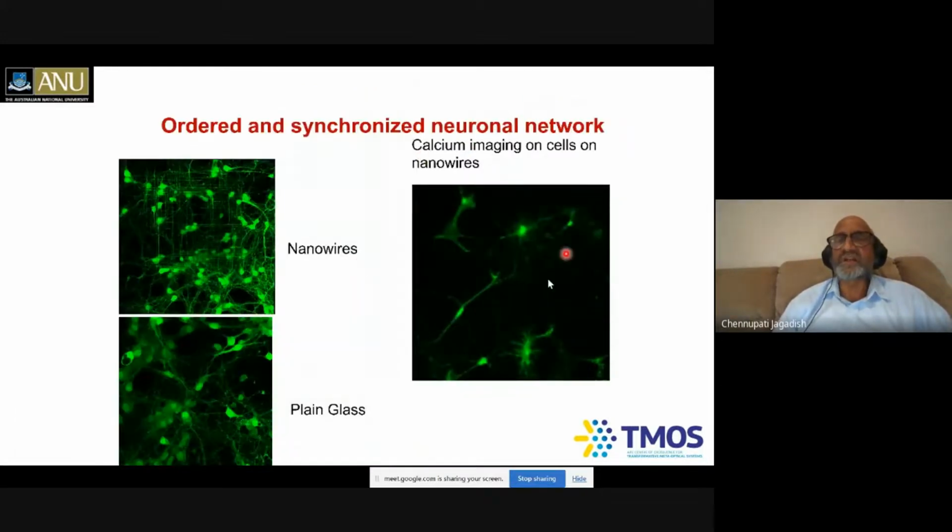So what Vinny does is something called calcium imaging. Essentially, she puts in a calcium dye. As and when the action potentials are fired by the neurons and ion channels are opened up, calcium ions pass through, and the concentrations of these calcium ions determine the fluorescent intensity of the dye. So she takes a video of this, and looks at if this neuron is firing, what's happening to this neuron and this neuron and these astrocytes and other things. She tries to create correlation maps, whether these neurons are communicating with each other or not. And she tries to compare neurons grown on nanowires and neurons grown on plain glass substrates, which neuroscientists typically use.